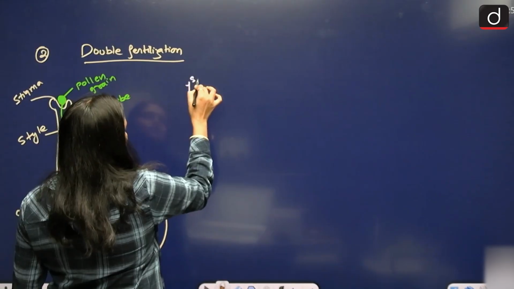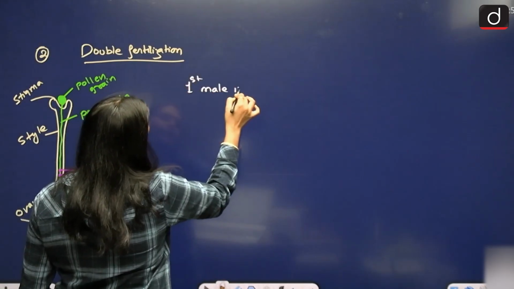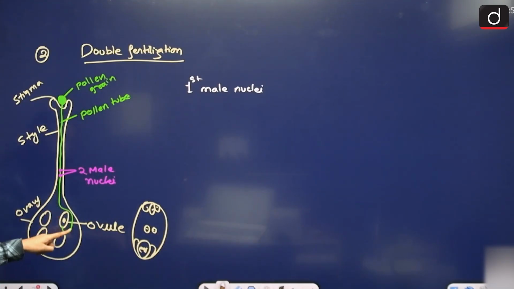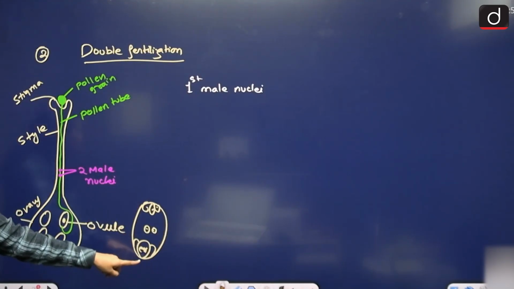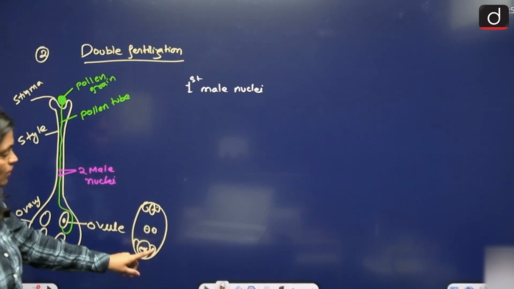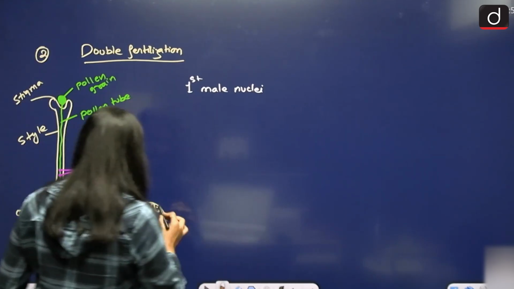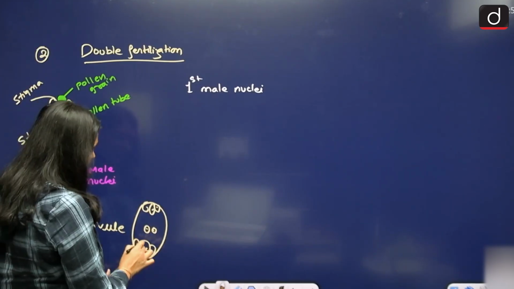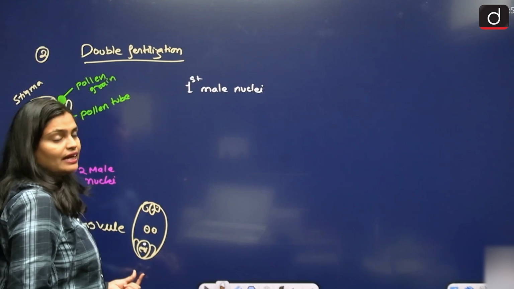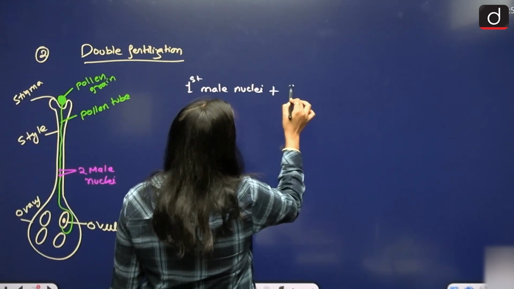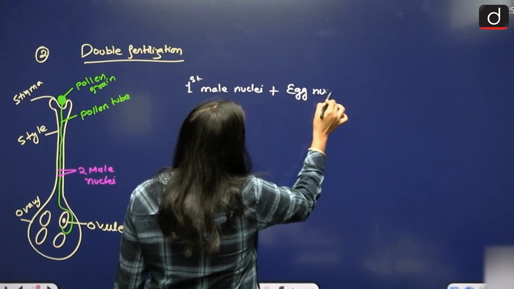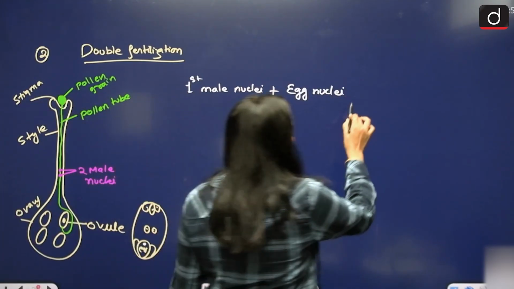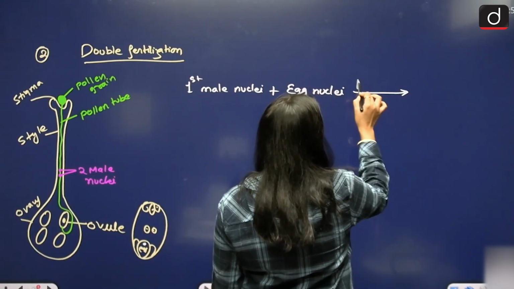So now the first male nucleus, right, through the pollen tube enters into the ovule. ठीक है, तो अभी क्या होगा? First male nucleus enters into the ovule and the male nucleus meets with the egg nucleus. ठीक है, here you have an egg nucleus. So the male nucleus fuses with the egg nucleus, right? And this process is called